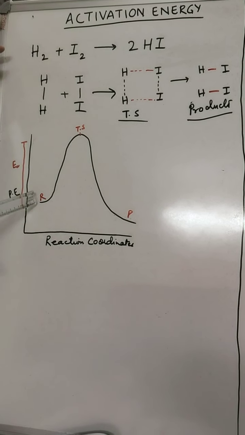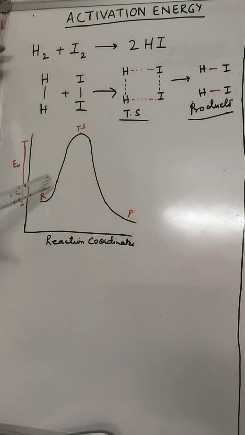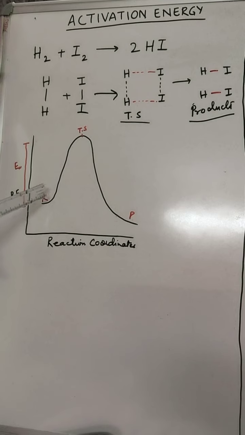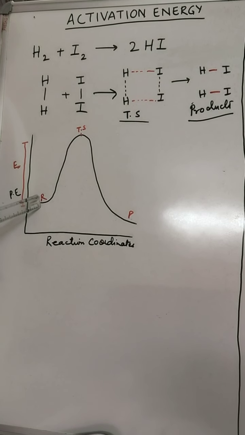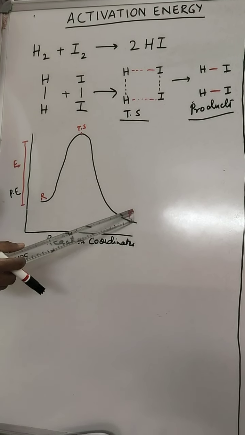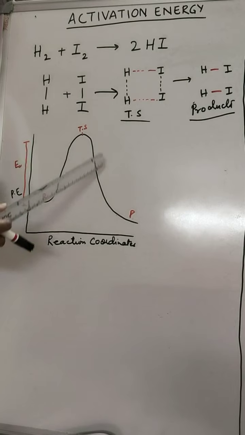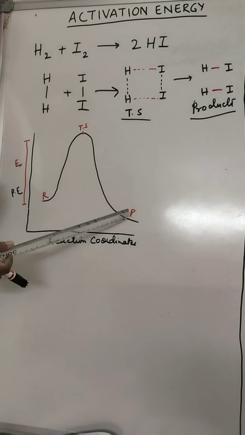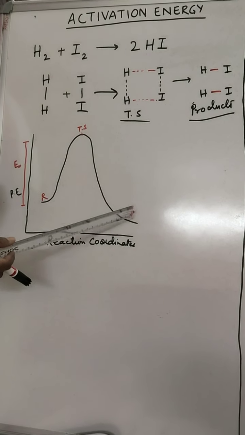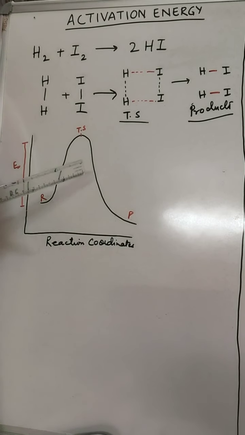Now see, we can see that the reactants are reaching the transition state, and then they are getting converted to product. We can easily compare here that the reactants have more energy as compared to the product, right? That means this graph depicts an exothermic reaction, because at the end we have a lesser amount of energy, so the energy would have been released from the system.